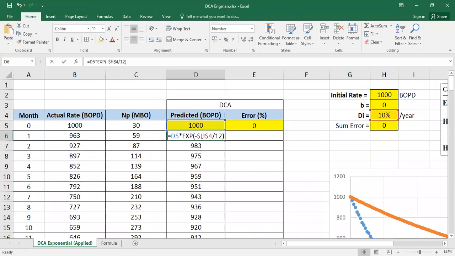So it should be the initial flow rate multiplied by exponential of the initial decline rate. I divided with 12 because my decline rate is in per year. So the initial decline rate, because we move 1 month by 1 month, so actually my initial flow rate is my flow rate from previous month. Okay, but I use the same decline rate, so that's why I lock this value. Okay, so it's like this,